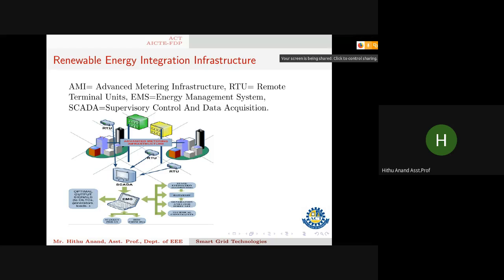Okay, so renewable energy integration is one of the challenging areas, because renewable energies are identified to be stochastic. They vary with time. So what I have done, I identified that the unit cost of renewable energy sources in a microgrid is cheap, or less costly. So I took that to my advantage.